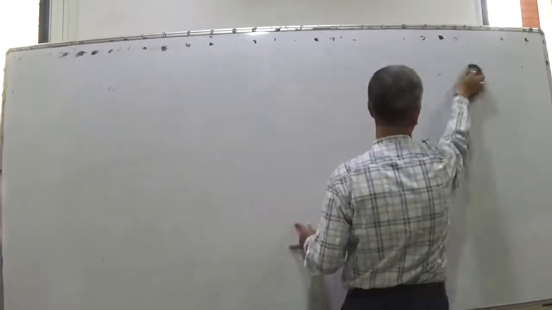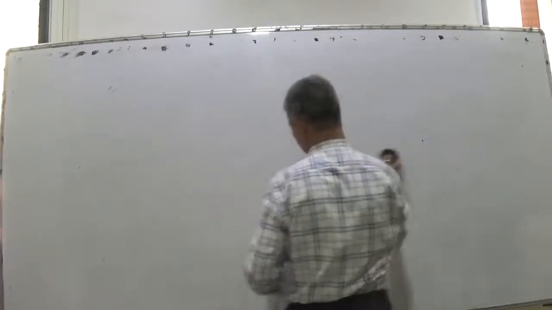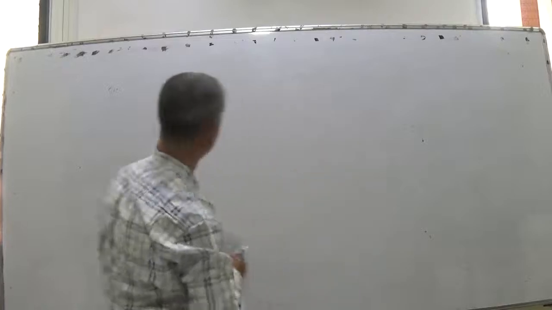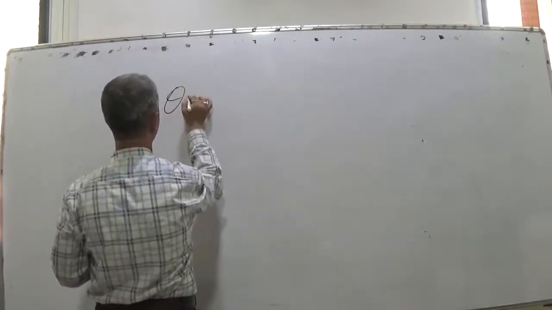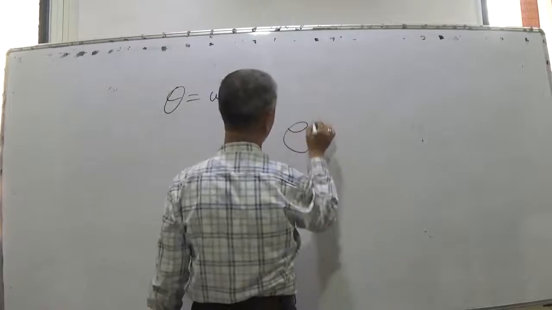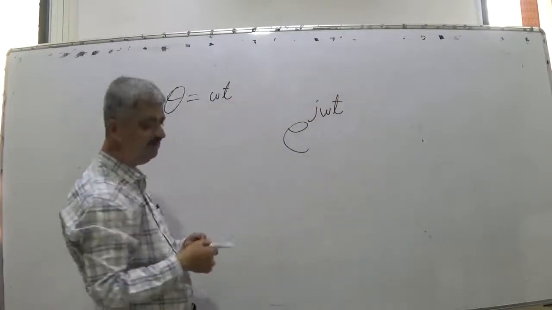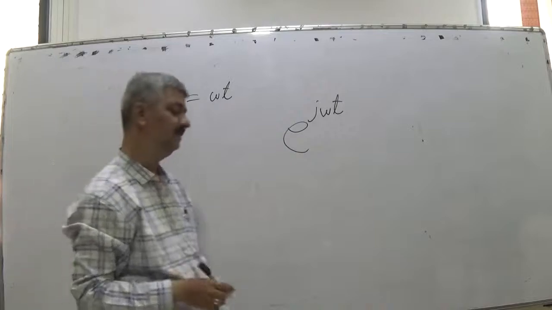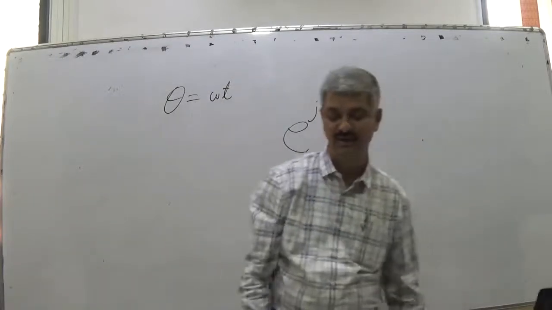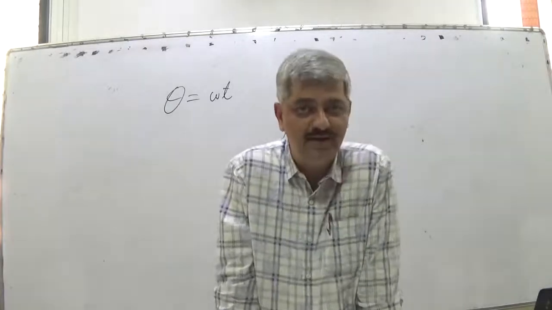So if theta changes with time in a uniform manner, theta is omega t. So e raised to j omega t is a phasor. E raised to j omega t is a rotating point on unit circle with an angular speed of omega in